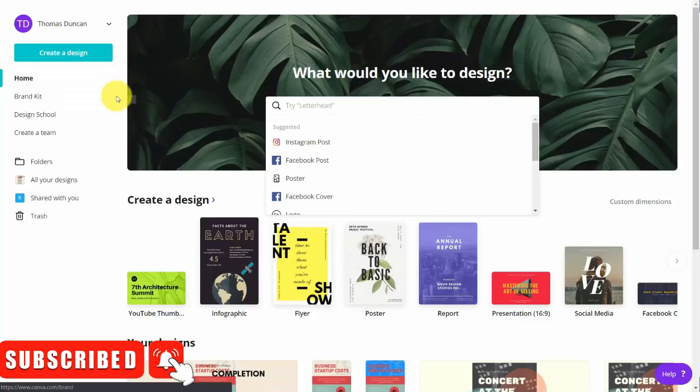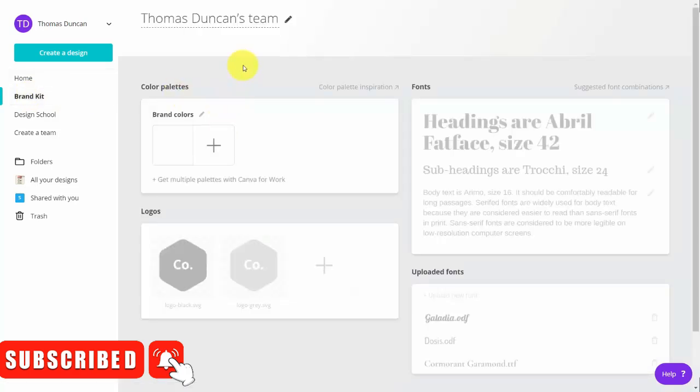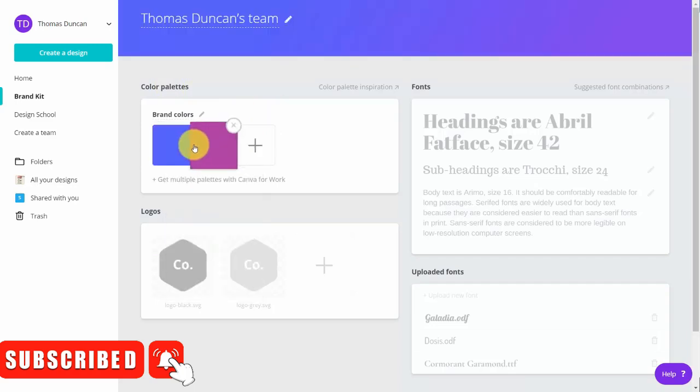Welcome back. Now, one element you're going to see on your left-hand side is called the brand kit. You're going to click to access that link. This is an important enough element that even though it's part of Canva for Work, you will actually want to know what it is. What you're going to be able to do with your brand kit is to indicate to Canva what your brand colors are in this area. And what you can do here is indicate two colors.